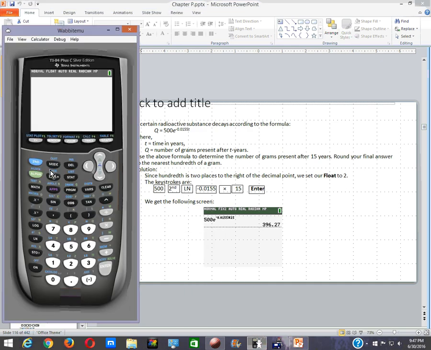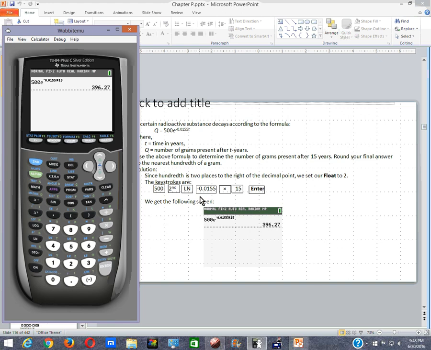So I do my mode. I'm going to float over to 2. I got to quit that screen. And I do 500. You don't even need to say time. The calculator knows. Second ln, negative 0.0155, times 15, and then just press enter. And there it is,